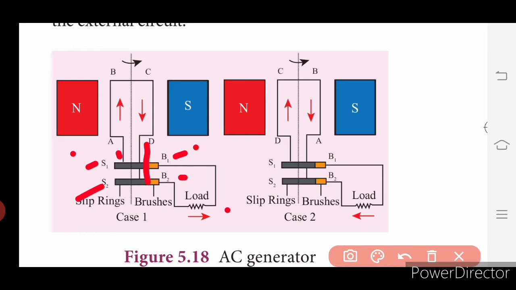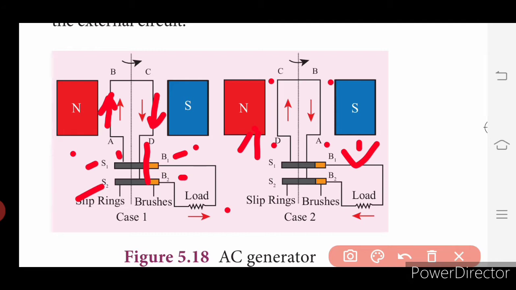So in case 2 here, the current flows upwards in one direction and comes down in the other direction. Whereas in the second diagram, after the coil is rotated, you can see AB has come this side and DC is here. Now again the current moves in the upward and downward direction. So again, what happens to the coil? It will move again, towards the clockwise or anti-clockwise direction; the direction may be fixed by us by passing the current in one coil. This is how we have seen the motor, right? The working of the motor and the generator is the same.